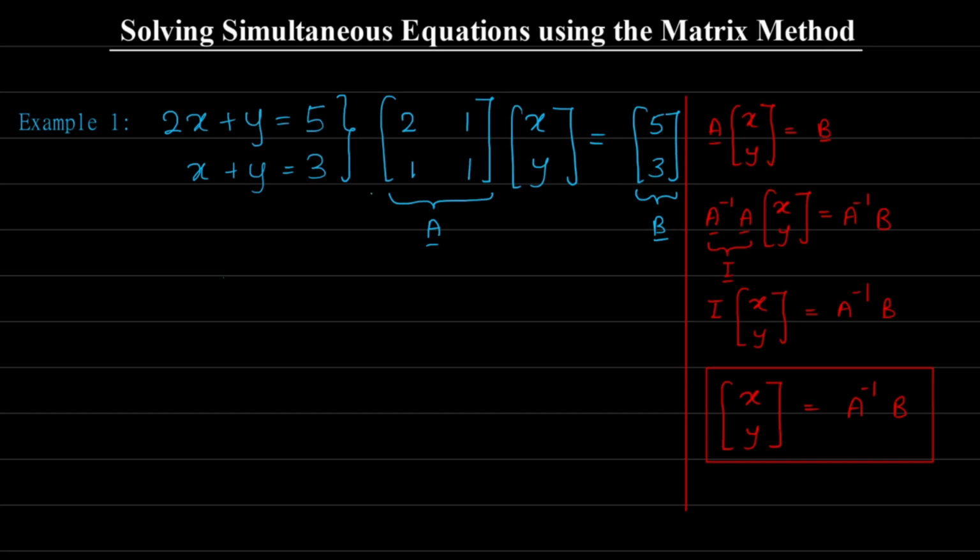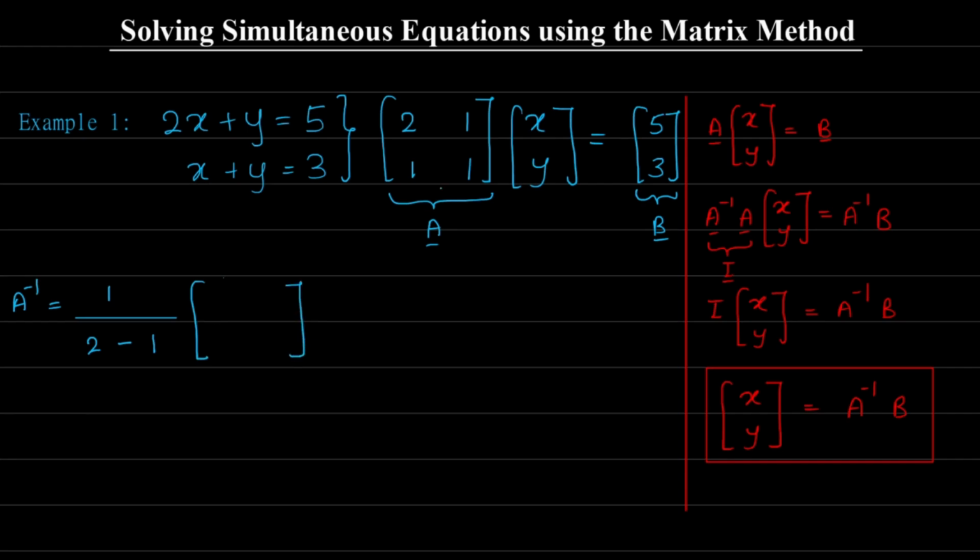Now let us get back to this example. As you can see, what we need first is A inverse. And therefore, we have A inverse equals 1 over the determinant of A, which is equal to 2 into 1, which is equal to 2, minus 1 into 1. Just multiply the diagonals and subtract. And then we have